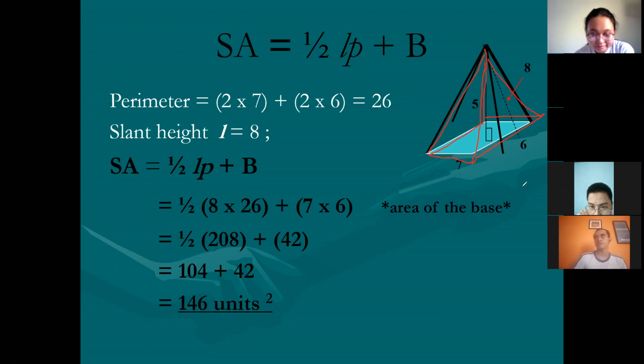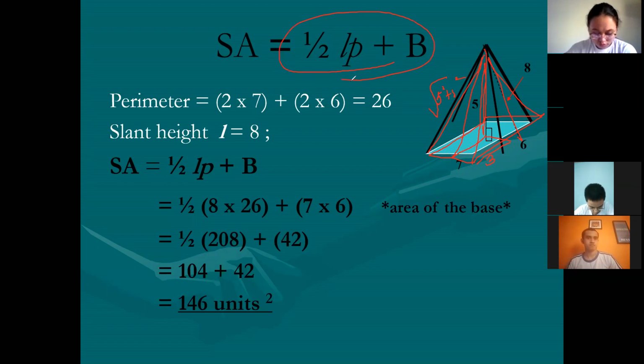I think that's a rectangular pyramid. And then we have here the slant height to be 8, the altitude height, which is 5. So in finding the slant height of the other rectangle, you can have the 5 and then half of 6, which is 3. So this will be the square root of 5 squared plus 3 squared, applying the Pythagorean theorem, right? But in case the formula will not suffice, then just use the one in your module.